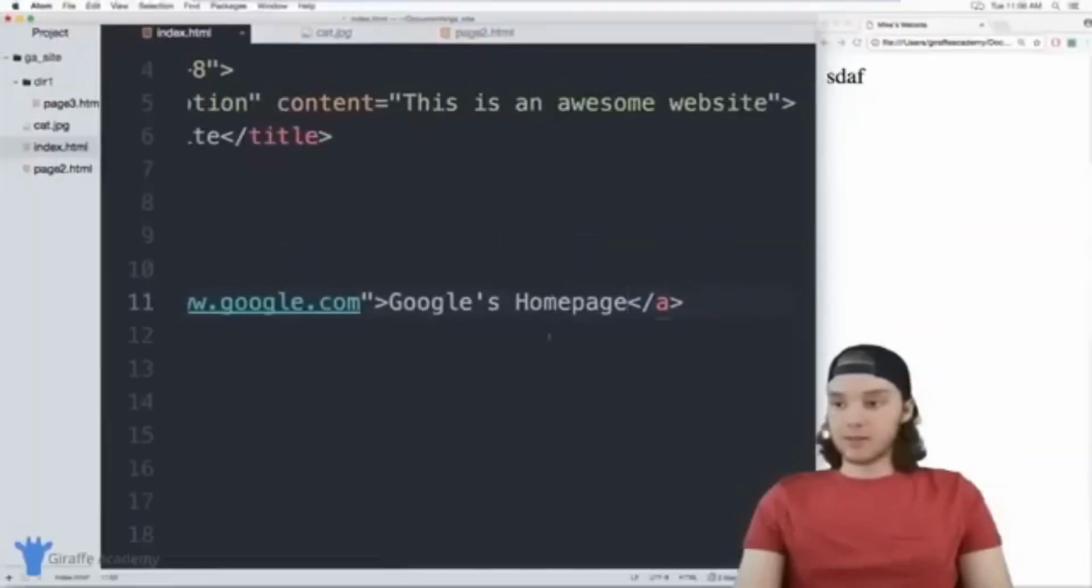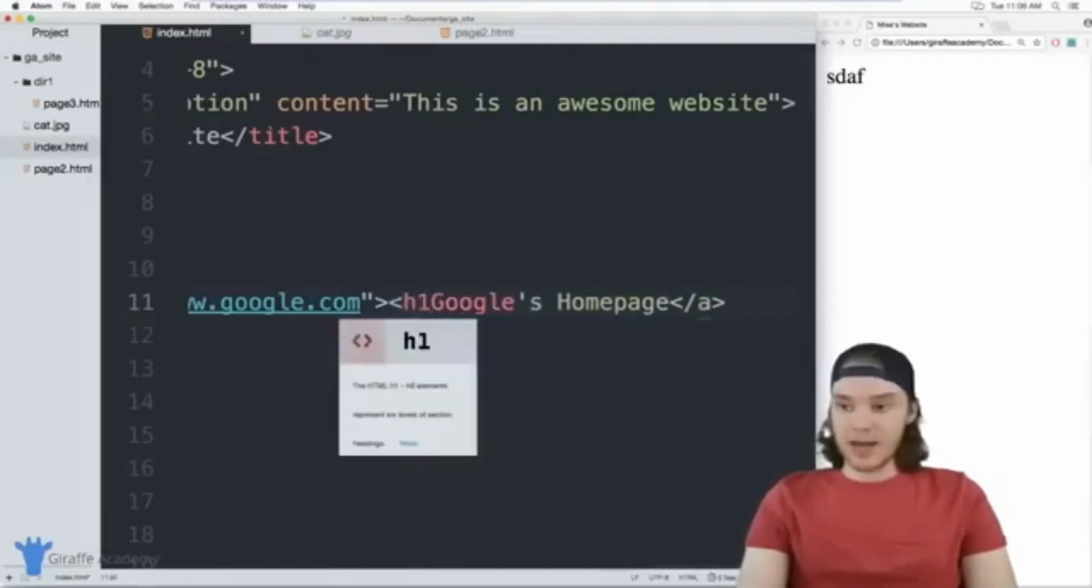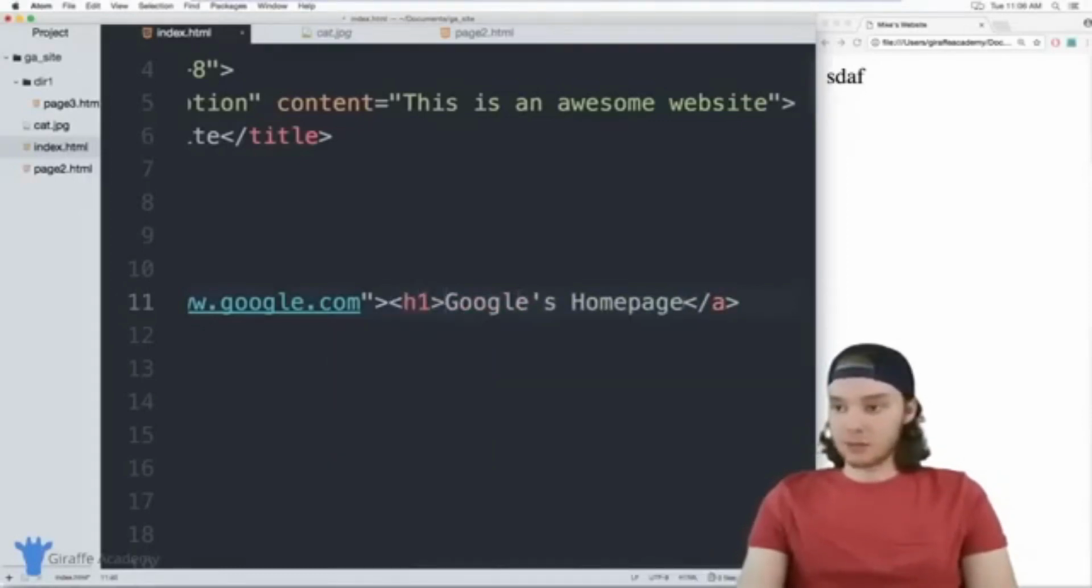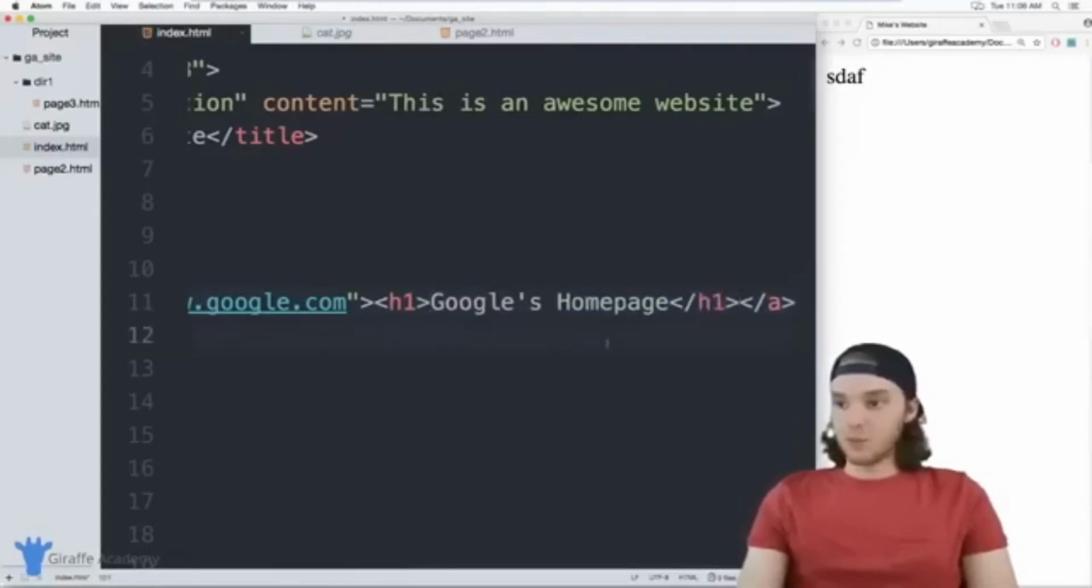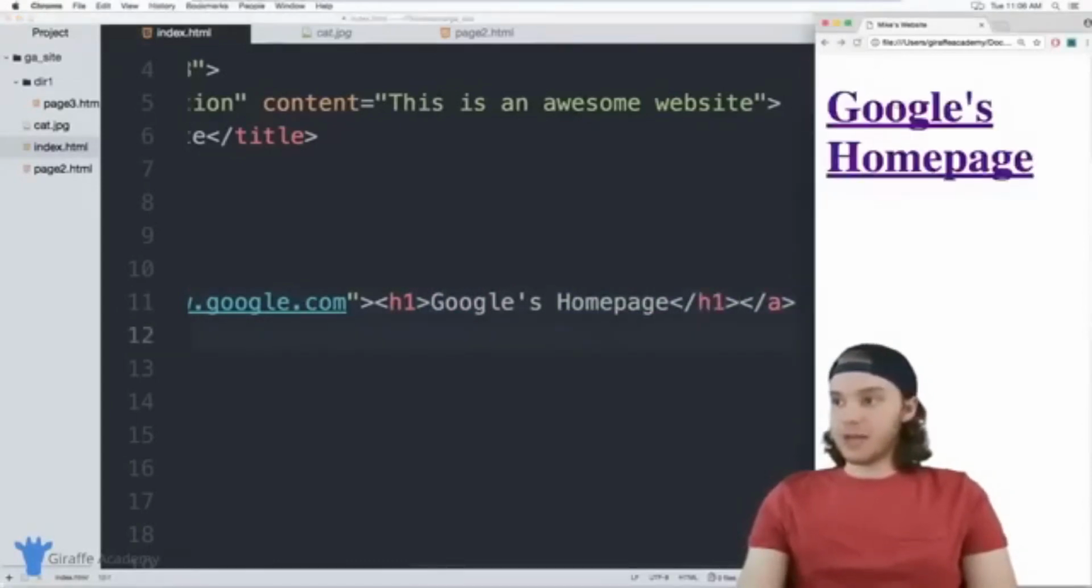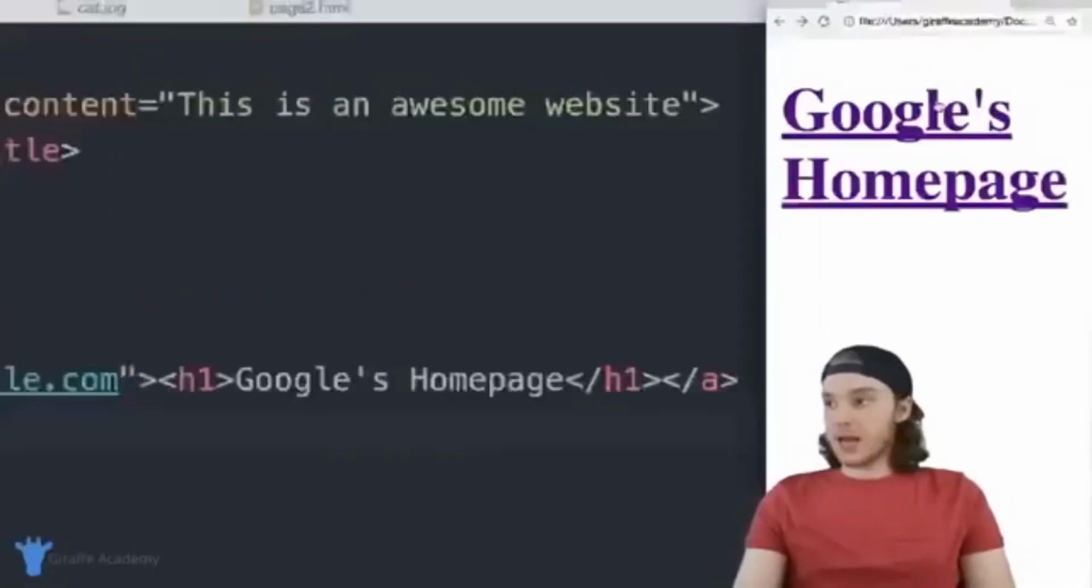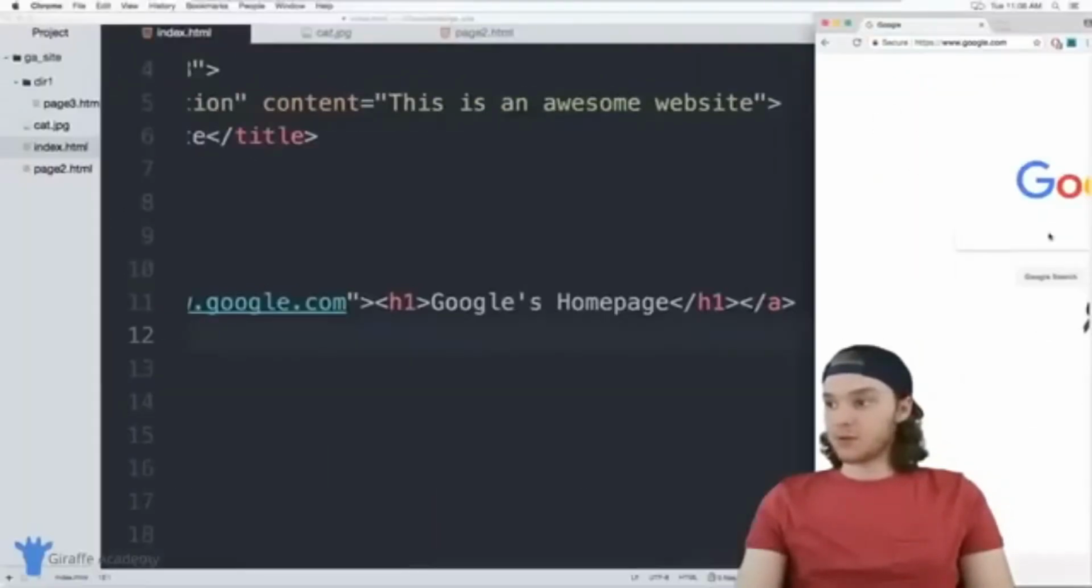Now I also just want to point out that inside of these link tags, you can put more than just text. You could actually put other HTML elements. So I could put a header 1 in here, for example. So why don't we do that? We'll make this a header 1. And now when I refresh my page, you'll see that we have this big old link over here. It's this big header 1. And when we click on it, it will link us to google.com. So I'm going to click this, and you'll see that we get transported over to